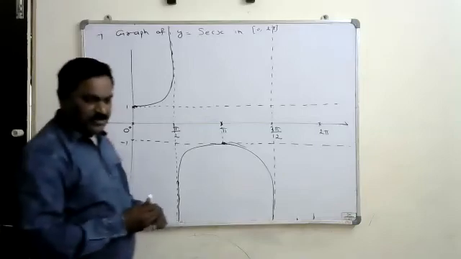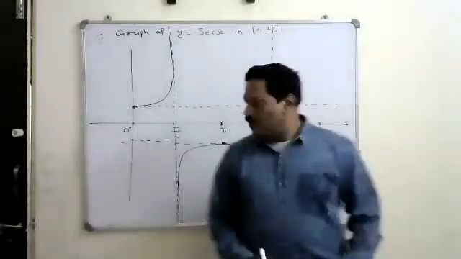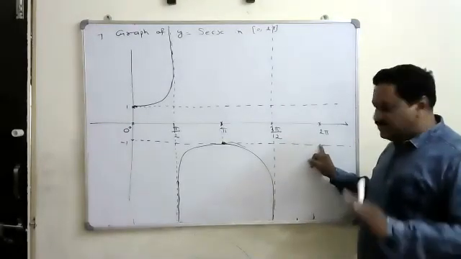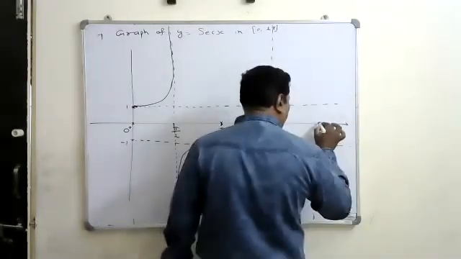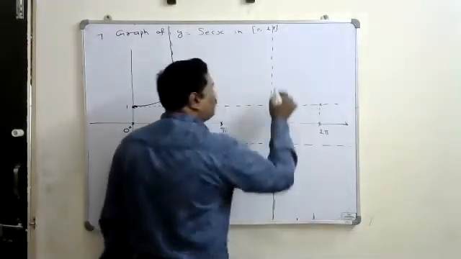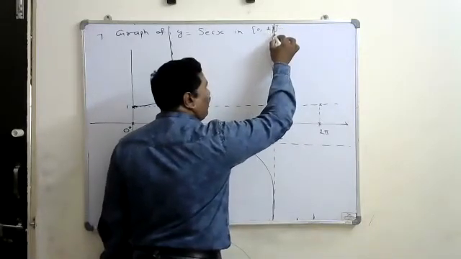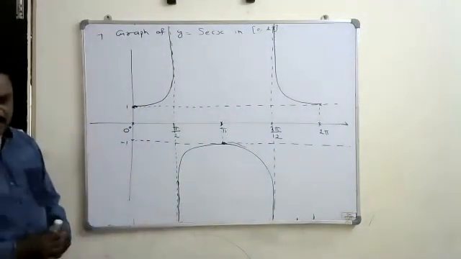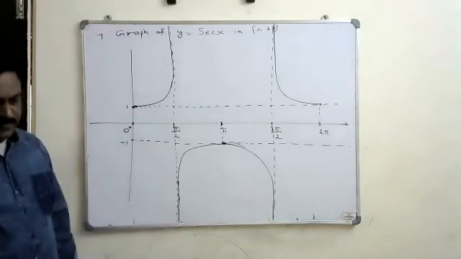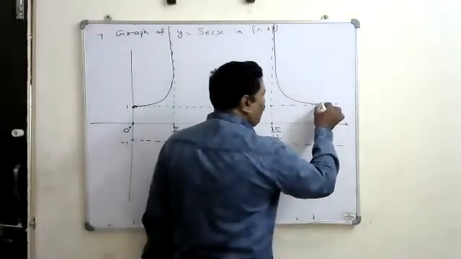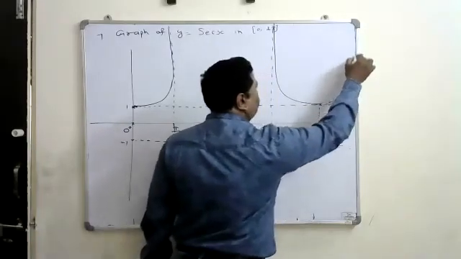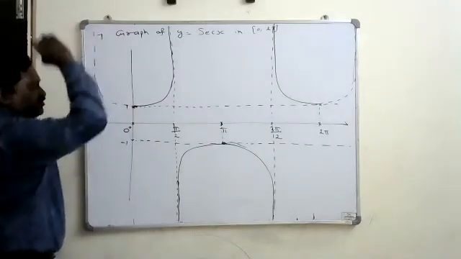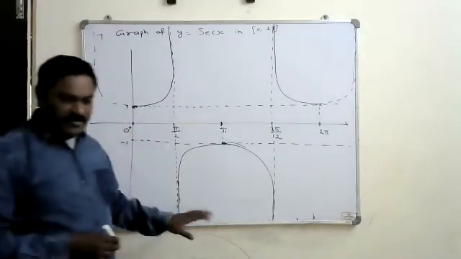Okay, this is the graph of this. This is like a cup, the downward cup. Similarly, 3 pi by 2 to the 2 pi, these are the angles of the fourth quadrant. Secant is positive. When x is equal to 2 pi, secant 2 pi is 1. That's why it comes from the positive infinity and reaches to the 1 there. So this is the graph of the secant x. Further if you extend that, here also you are going to get the graph like this, that is upward curve. Here also if you extend that, the graph you are going to get like this.